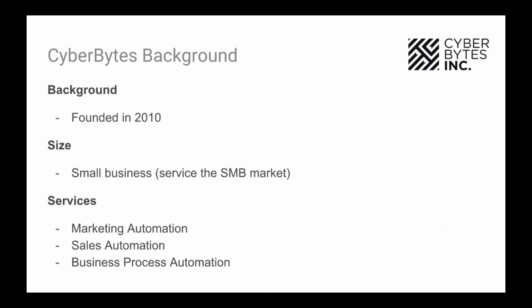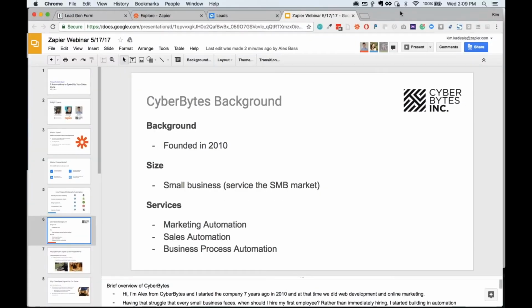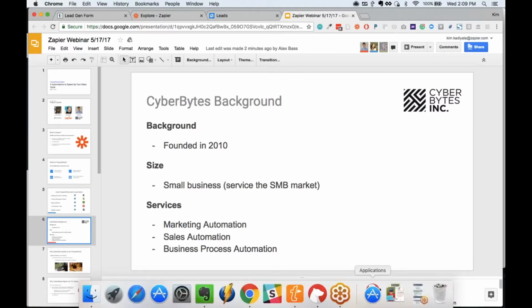So pass it back to Alex. Yeah, so we're gonna jump into Zap real quick, right? Yeah. Sorry to steal that from you, but it's super cool to hear how ProsperWorks is using Zapier, and